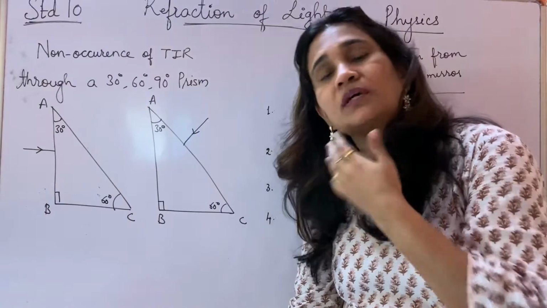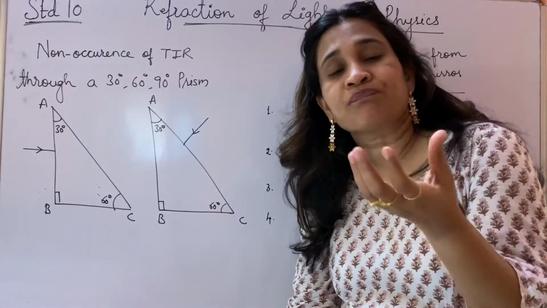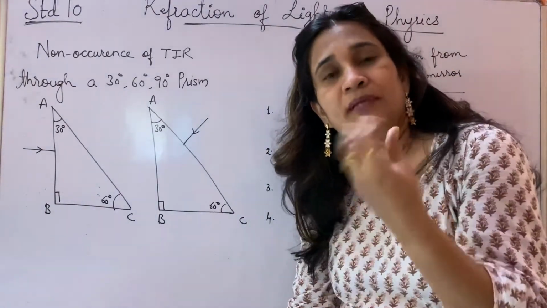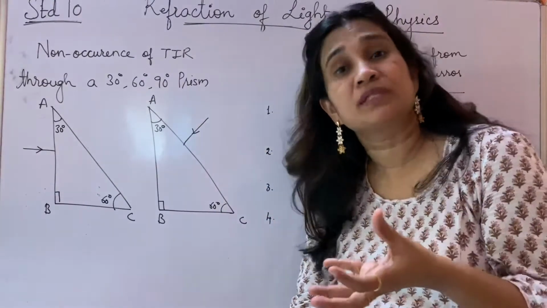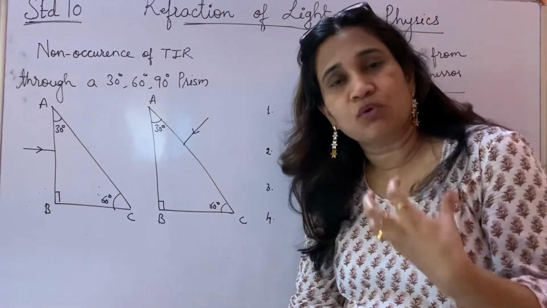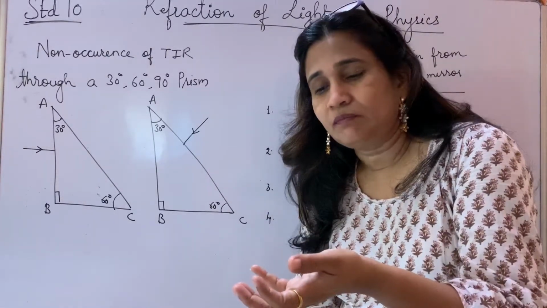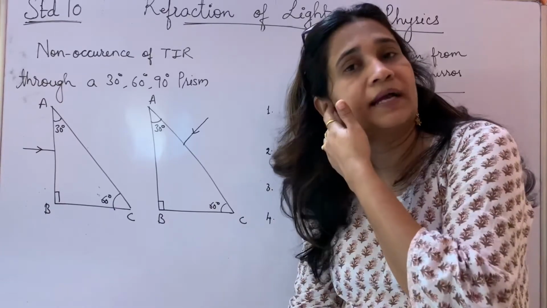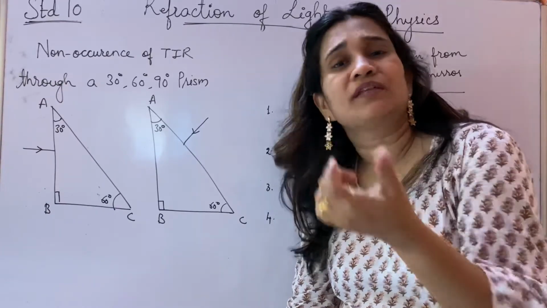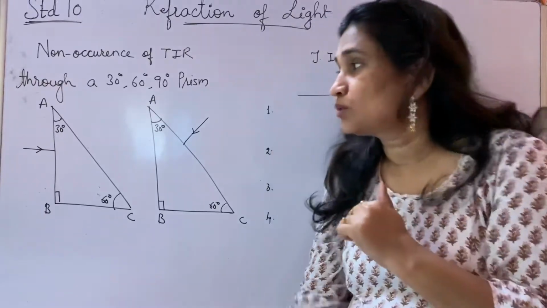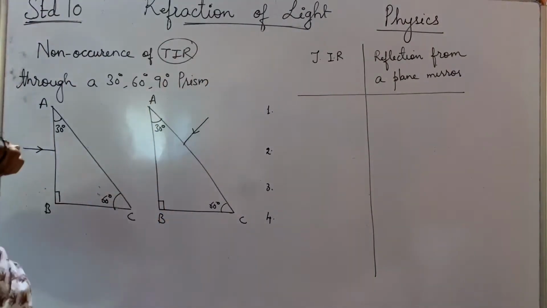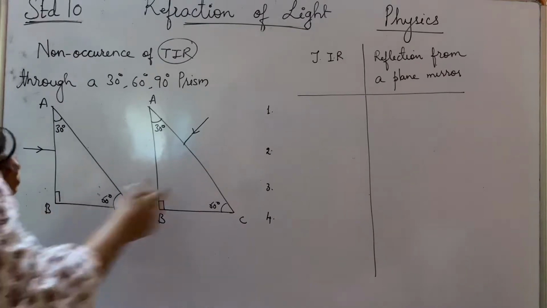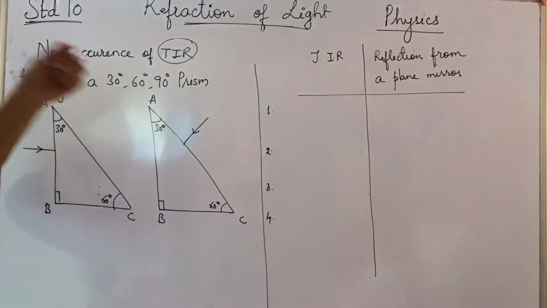And also a question can be asked as to why, in a periscope or in cameras or in binoculars, instead of a mirror, do they use prisms? So why prisms are preferred more rather than the glass, and what are the uses and why total internal reflection is more helpful. So let us first see these two diagrams. Now we basically know that prisms are mostly used for total internal reflection, TIR, but you should know that there are some cases wherein TIR doesn't take place.